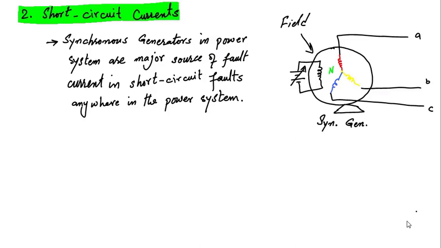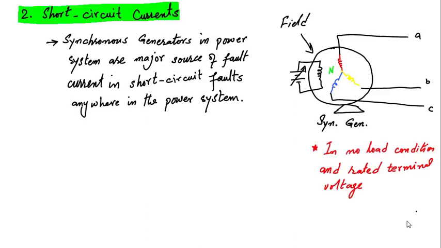If we operate this generator in no load condition, we have the rated voltage at the terminal. That could be achieved by controlling the excitation. If we put a short circuit across the terminal of this generator, definitely this will be done in the lab. This test will be performed on all the synchronous generators, because we need the parameters of the generator.